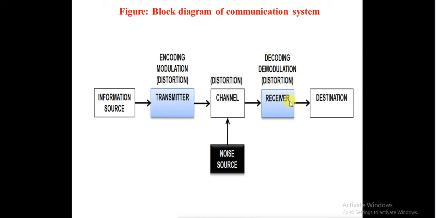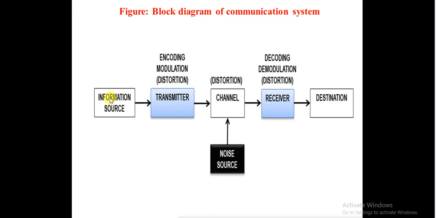And finally, through all kinds of filtration activities, the original signal can be reconstructed at the receiver and hence can be given at the destination. The destination can be any output device such as a speaker, a display unit, etc. Now, if it is a speaker, then again it is a transducer. It will convert the electrical energy into the physical quantity.